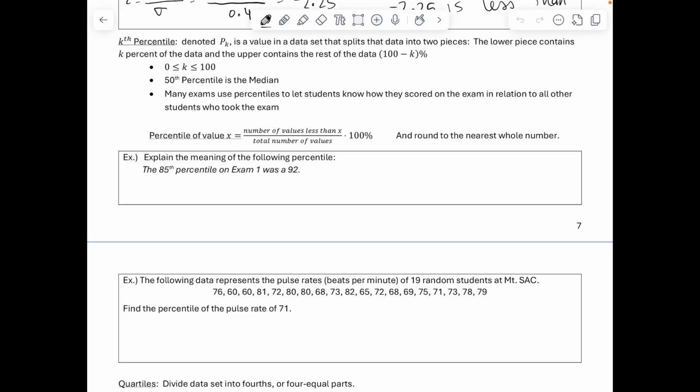This is the second video for the Chapter 3 notes. We are starting at the bottom at page 7. The kth percentile,